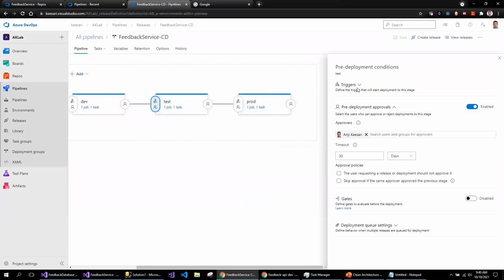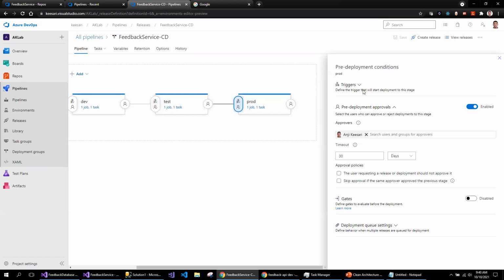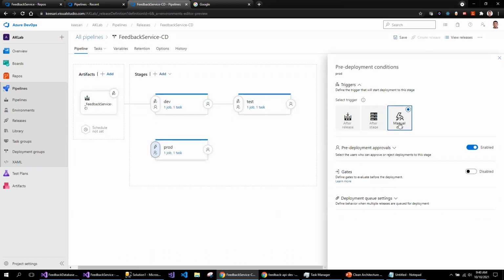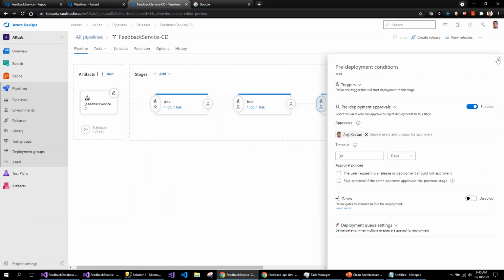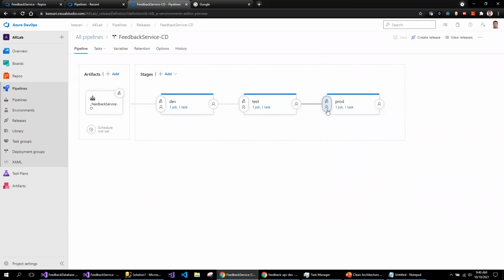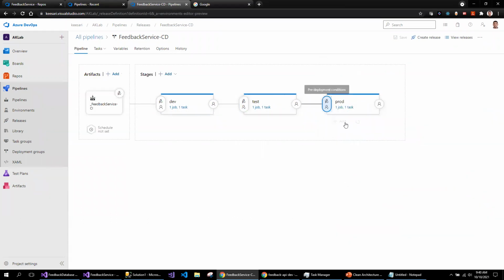Again, here the trigger point is after the dev release. For QA, you may want to do it manually after. That should be fine, but you can still make the change. But for production, you definitely want to do it manually, not immediately. Or if you are doing it after the QA, that requires the pre-approval. So I've enabled the pre-approval here. Make sure that somebody approves before deploying this to QA. So I have this task.